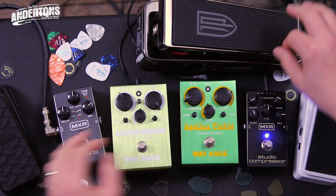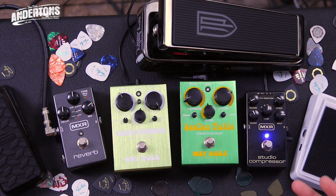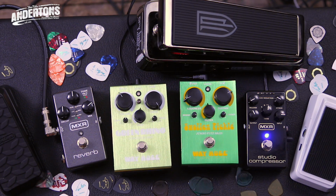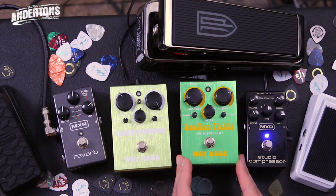We are going to film some pedals today. We've got them all here lined up on the table, which hopefully you can see. The 2016 range of the new MXR and Way Huge pedals. And we have a Reverb, we have the green Rhino, which is a smaller version. We've got the Swollen Pickle,